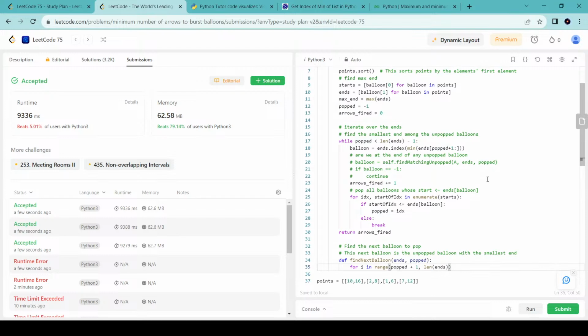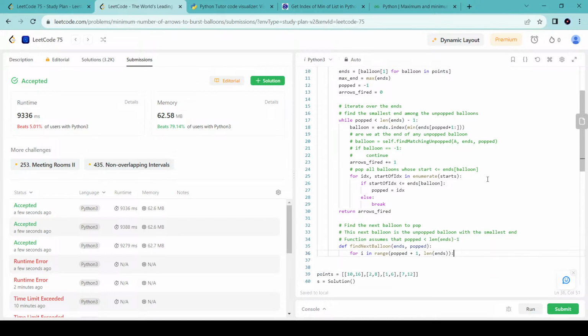So we don't have to do any boundary conditions because we assume the balloons are sorted. Yeah, so we write down assumptions here. Okay, this is going to be helpful to you